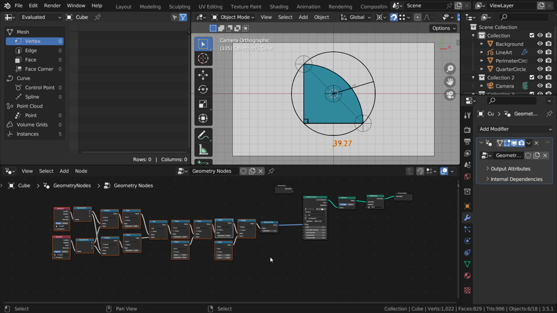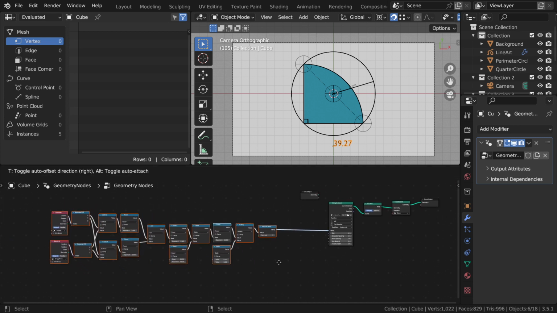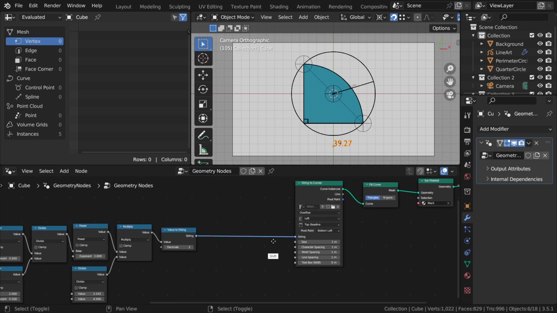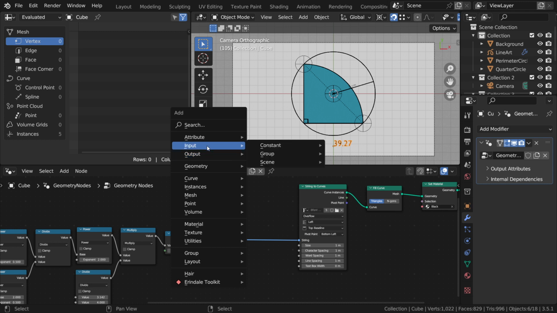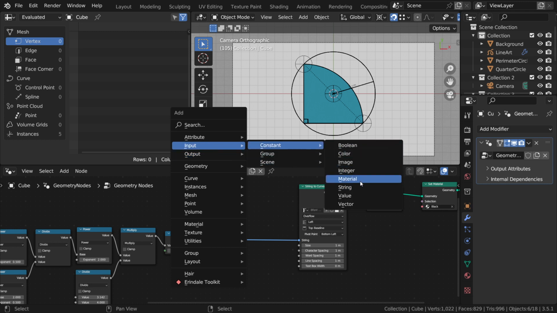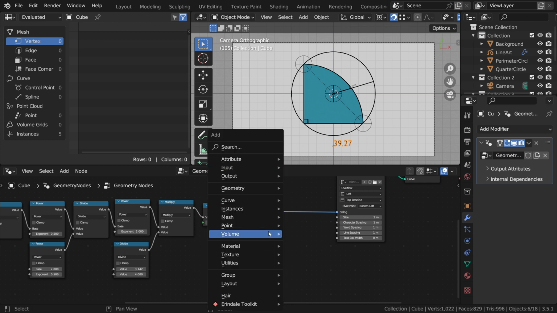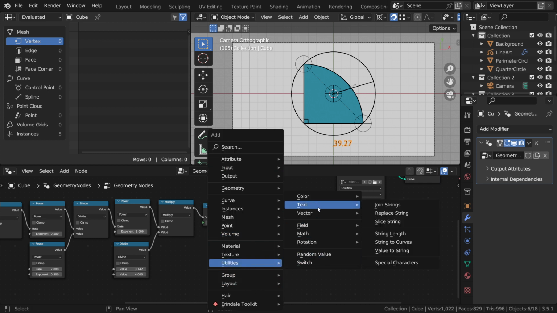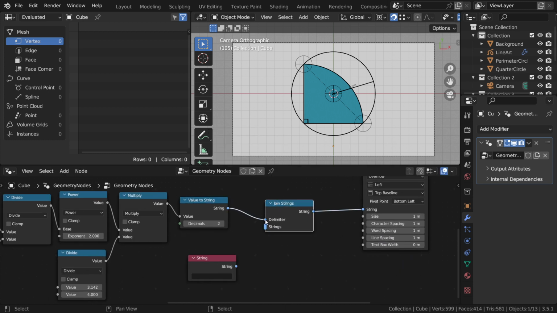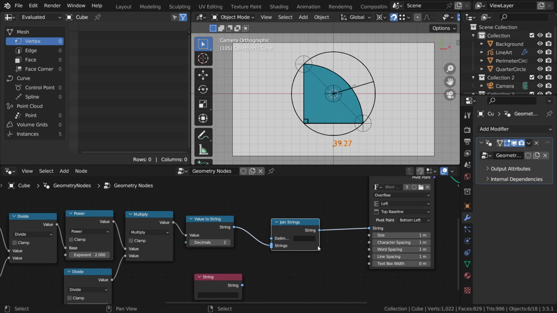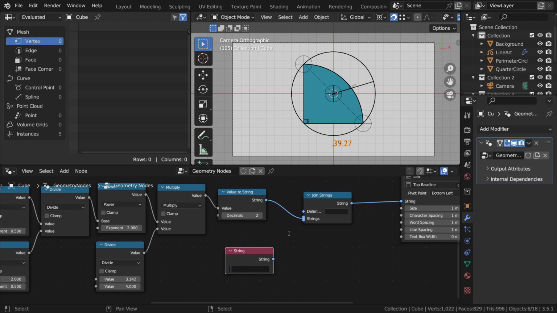All right. Grab. And now I'm going to add an input string. Shift add. I think it's in utilities where you get text. Join strings. So this one goes in here. So I'm going to join. What I'm going to join is a string that says area equals, and then